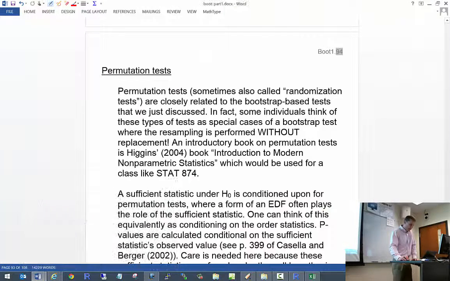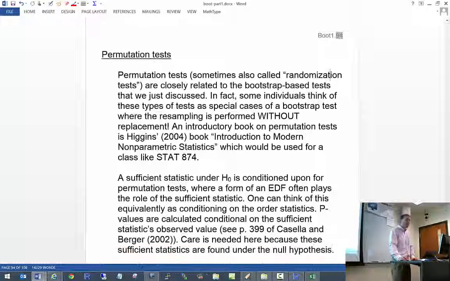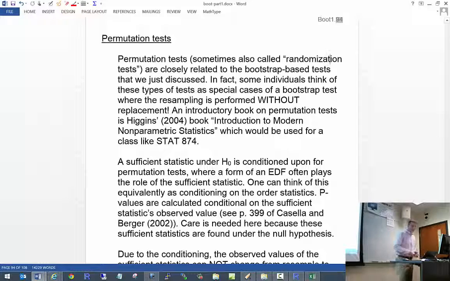Okay, so let's get back to the notes then with the remaining about 5 minutes. So we're going to talk about permutation tests. They're sometimes called randomization tests as well. I prefer the term permutation test because what we're going to do is permute our data. What the word permute basically means is you could say mix up stuff, rearrange stuff. And that's what we're going to do with our data. We're going to just rearrange our data values